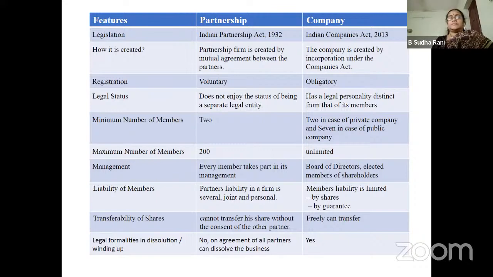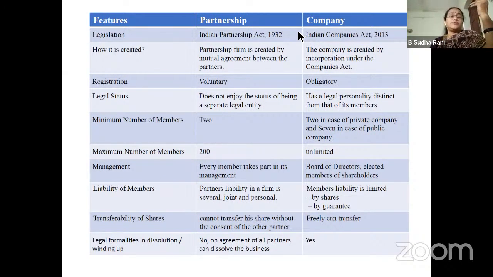So legislation: partnership registration is desirable but not compulsory as per the law. But for companies, registration is compulsory. Okay. As for the Act, partnership comes under the Partnership Act 1932, whereas a joint stock company comes under the Joint Stock Companies Act 1956 and the New Act 2013. So partnerships get registered as per the Partnership Act, and joint stock companies get registered as per the Joint Stock Companies Act. Next,